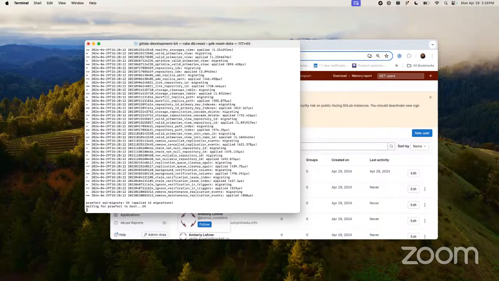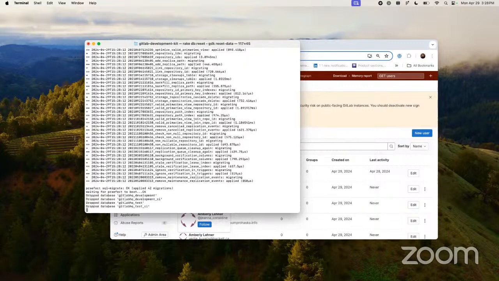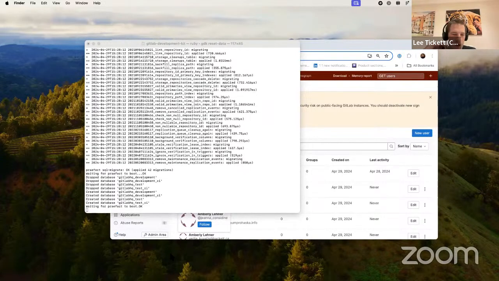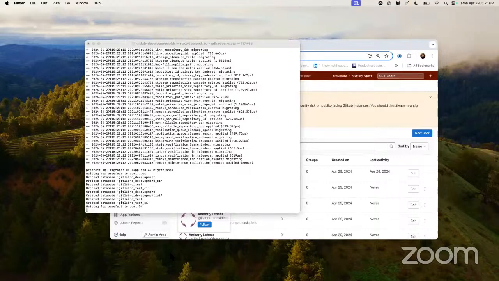Yeah, this is one of the places where it failed earlier, I think. It's weird. I don't know why it's waiting for something to boot. Probably because I don't know what Prefect is, but I thought all it would do was run some SQL statements to delete and create some objects, but